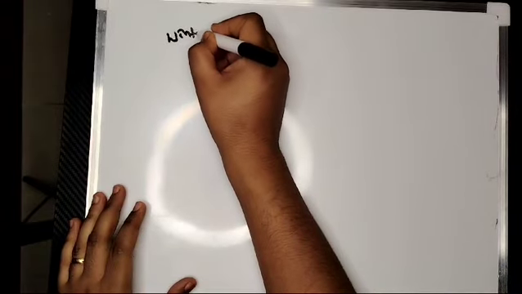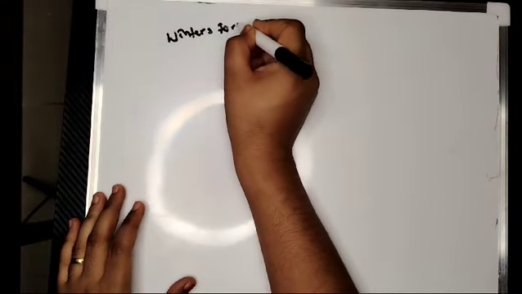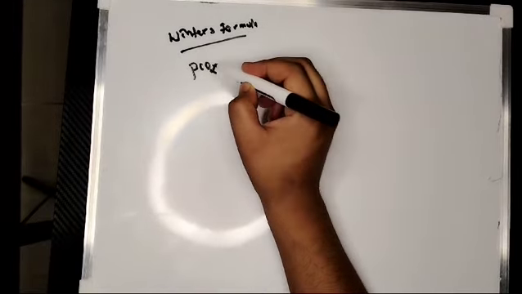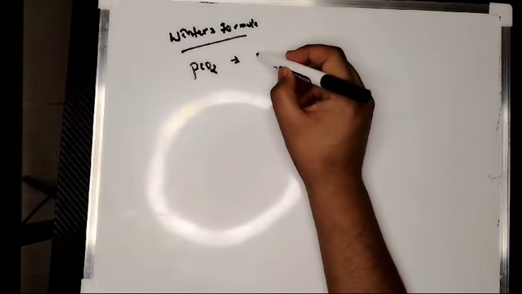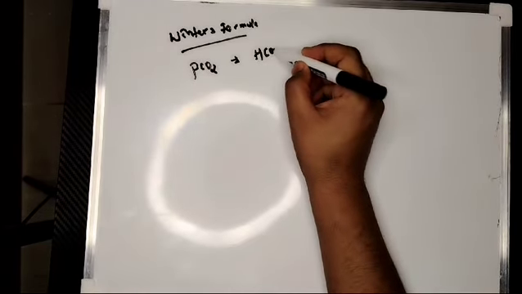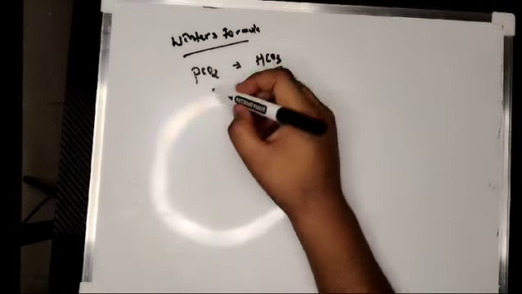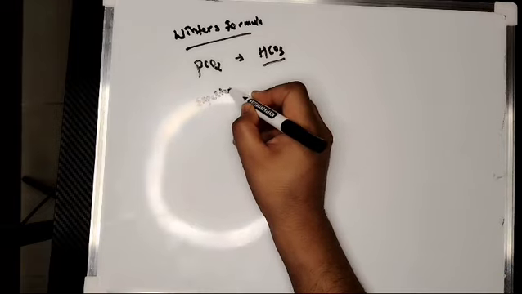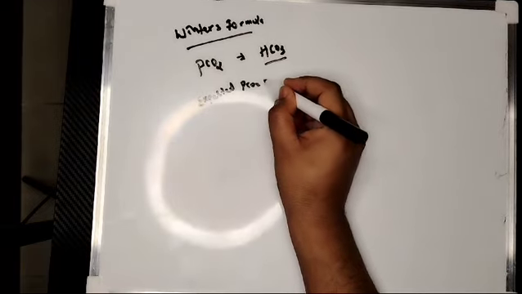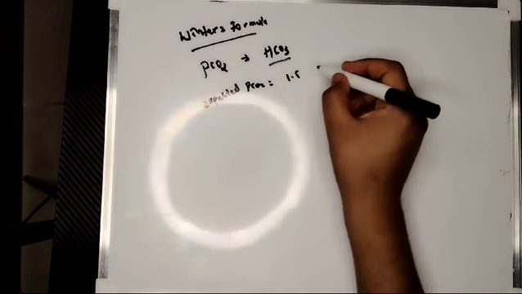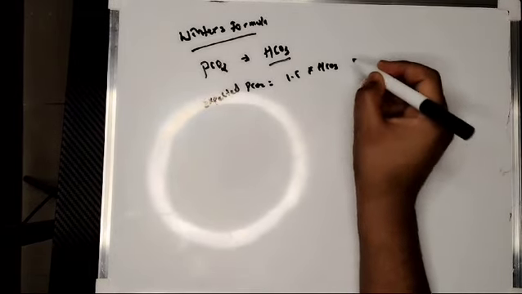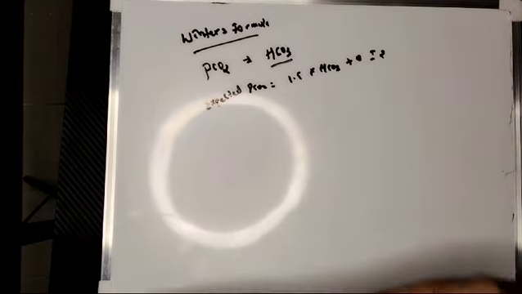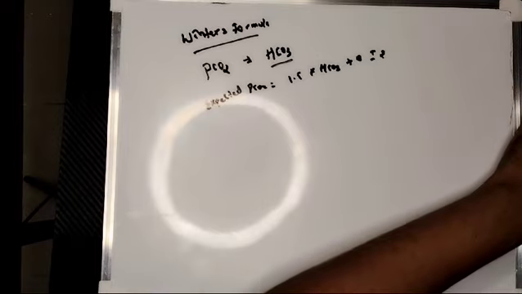So Winter's formula is a formula designed to check if the PCO2 compensation for an acid-base disorder is appropriate for the change in the bicarb. So the formula is stated as expected PCO2 is 1.5 times the bicarb level plus 8 plus or minus 2. Before we go into this equation, I want to show you one thing,